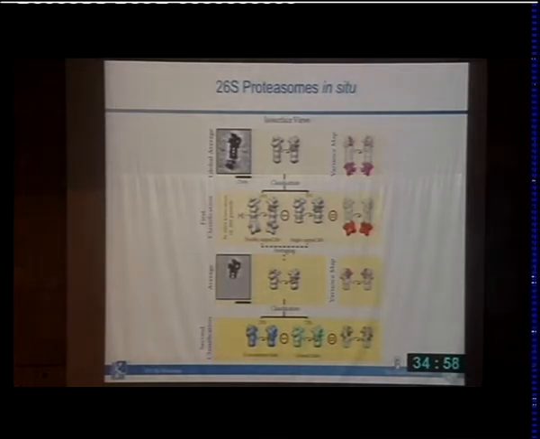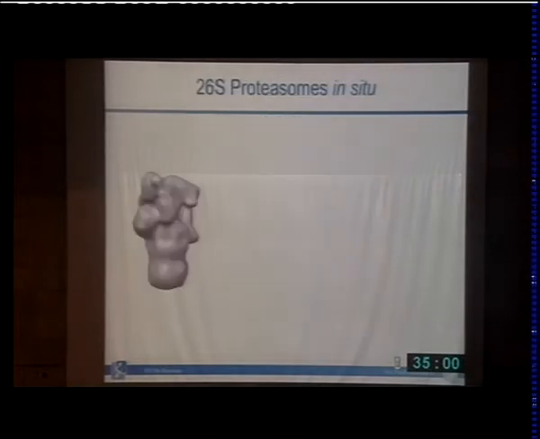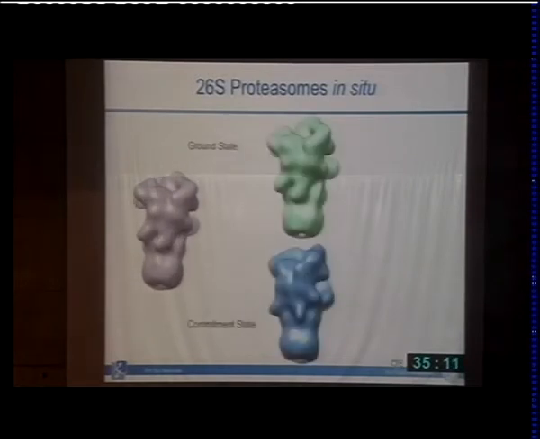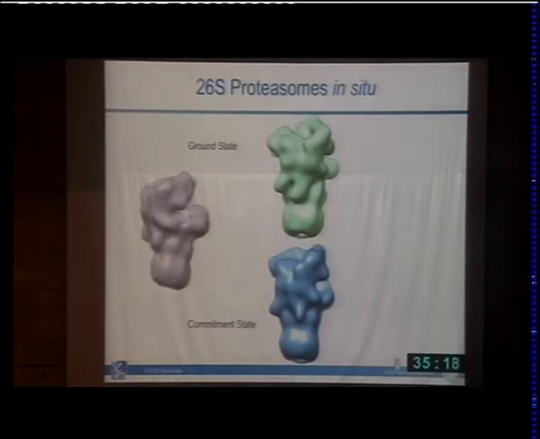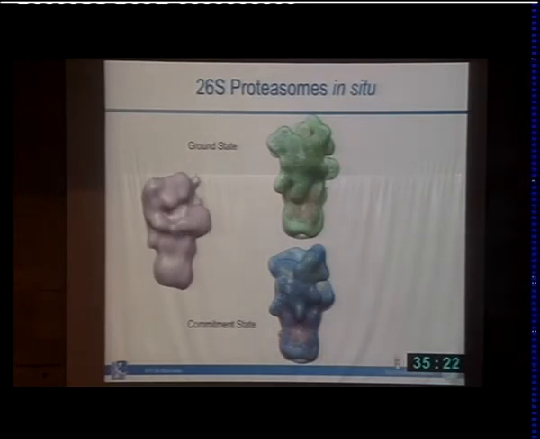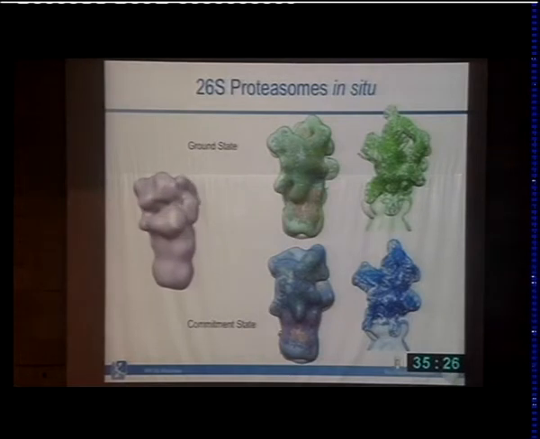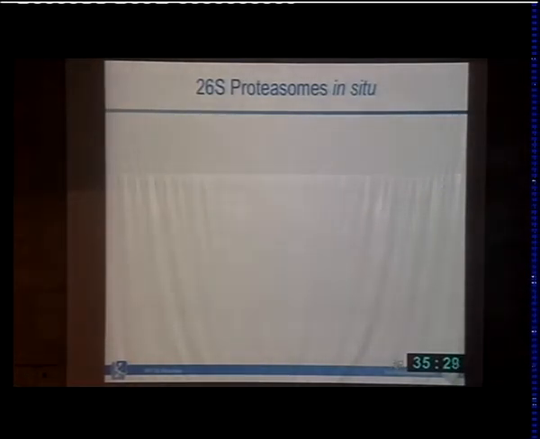Now, it might be hard to see the difference here, but you will see it as we morph the two structures here. So there are substantial differences which can easily be picked up at that resolution. And we can relate each of the two conformations to two of the conformations which we have observed at much higher resolution with single particle analysis. So, that is the structures docked into them. So, what it tells us